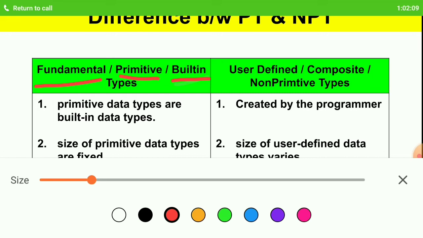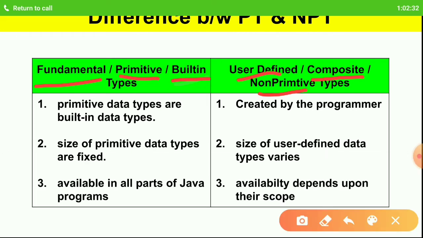Fundamental type, primitive type, built-in types, they are the same. They are just different names representing the same thing. Similarly, user defined, composite and non primitive types are the same thing. So now let's see the difference between primitive types and non primitive types.